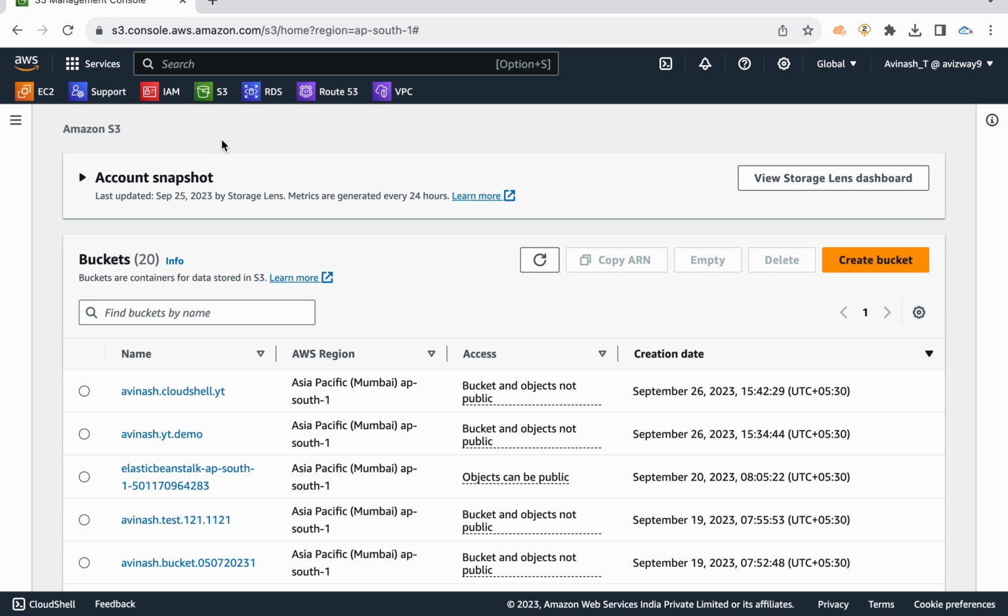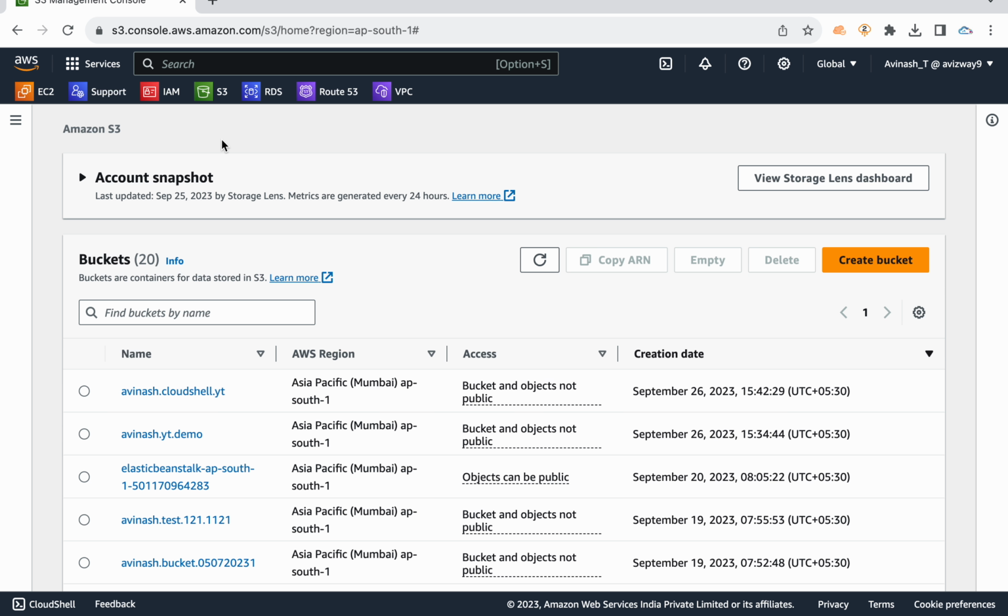Not only that, S3 also has an option to host a static website. If you want to host a static website that doesn't contain any backend database, you can upload all your content onto an S3 bucket and map your domain name. Also, if you have customers across the globe and you want to deliver data with less latency, you can integrate S3 with a CloudFront distribution. That is a CDN service, and then you can deliver all your content. These are the use cases and purposes, or primarily how we use S3 in our real environments.